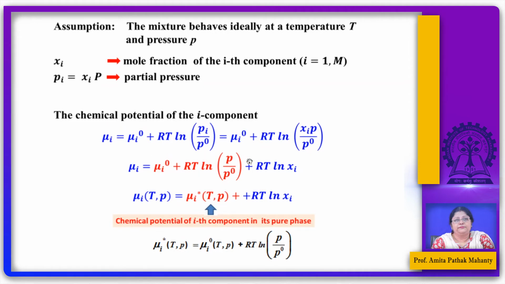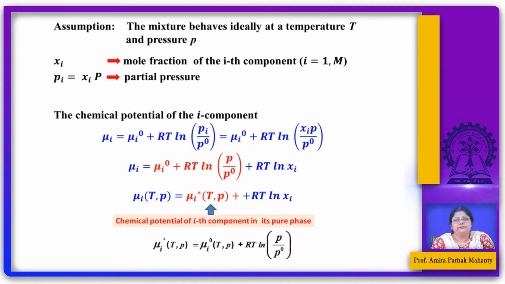But this, we know, is the chemical potential of the pure state, right? This is how we have defined it. So the chemical potential of the species at a given temperature and pressure is nothing but the chemical potential at the pure state. I mark this as star, which is equal to this whole expression, mu i at the standard state plus RT ln P by P naught. This is the total pressure. So this red portion is nothing but the chemical potential of the pure species. And this is, as it is, RT ln Xi. Xi is the mole fraction,